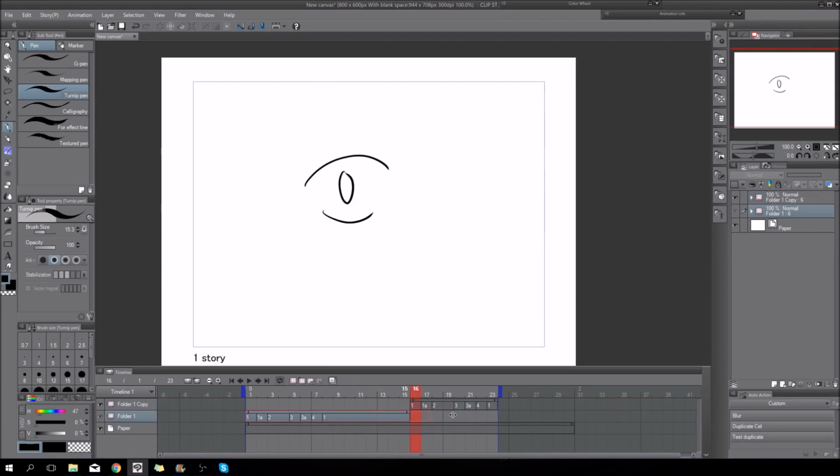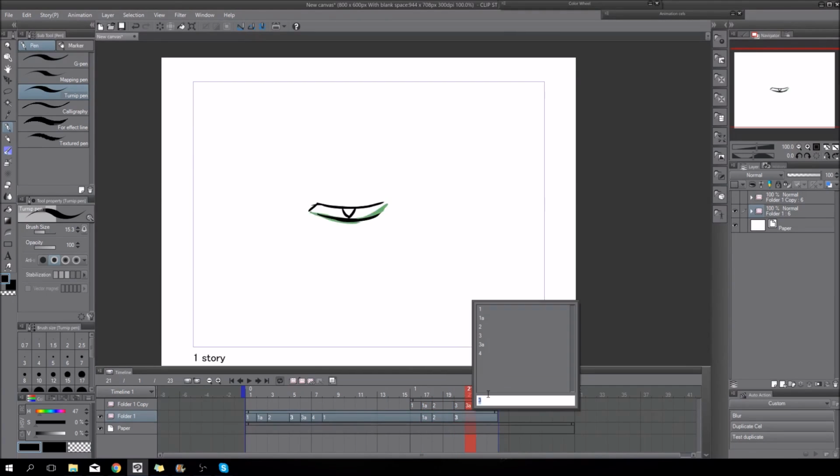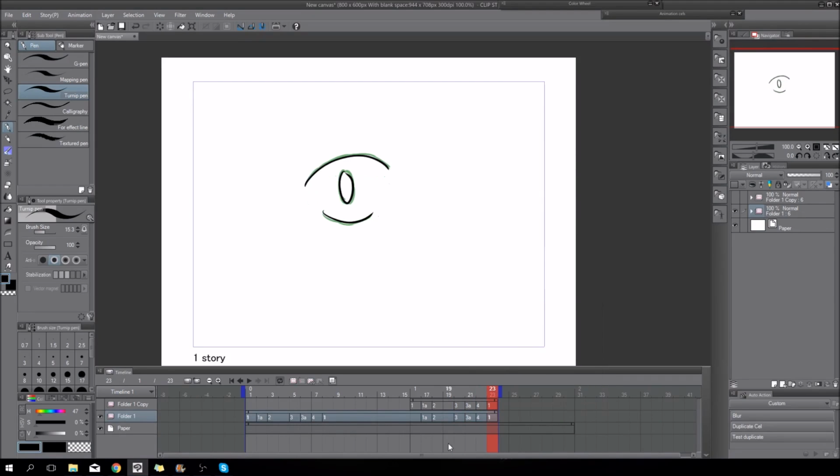If I want to do it differently, I can also not do this, but instead I could just go ahead and insert my previous drawings as a reference. 4 and back to 1. So I don't particularly need to make another layer.